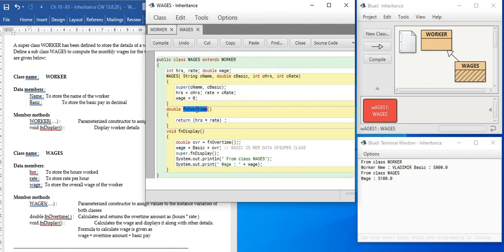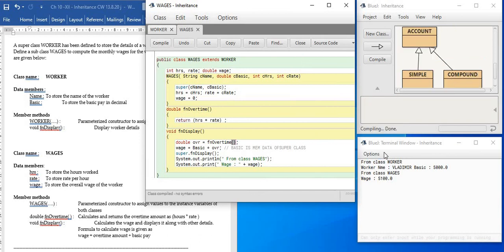And this method is simply calculating hours into rate. Therefore, finally wage is getting calculated using basic with overtime, which is the return of this method. Okay.